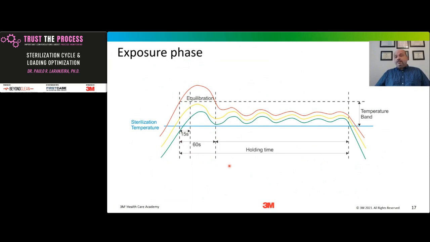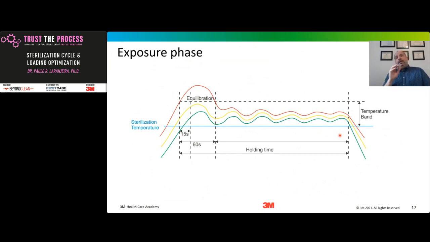And that's related to temperature, and temperature calculated by the pressure, the measured pressure. So they have to be inside of a temperature band of 3 kelvins during the holding time. So during the whole exposure phase, they would have to be within this sterilization band. And they can differ by one another at 1 Kelvin. And I have to make sure that they hold for that period of time that has been programmed on the sterilizer.